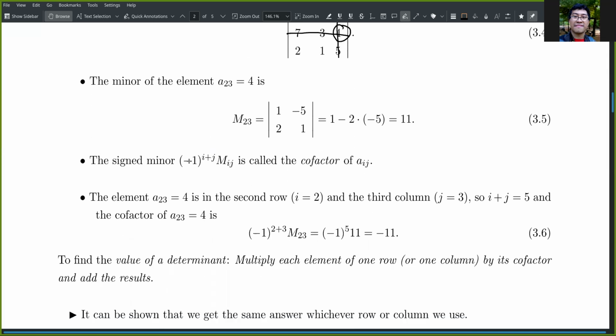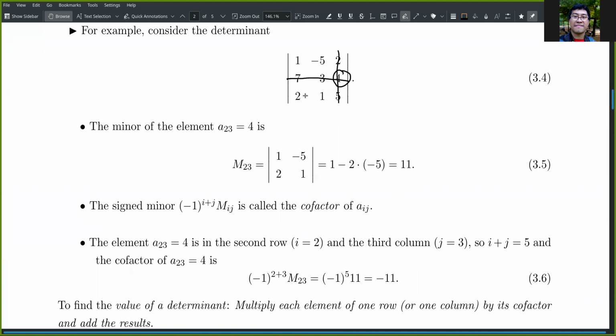The signed minor, so if you include a sign which depends on the position, minus 1 to the power of i plus j, the indices being 2 and 3 here, and times the minor M23, or Mij, that's called the cofactor of aij. For this element a23, the row is i equals 2, column j equals 3, so i plus j is 5. So you have the cofactor, which would be minus 1 to the power of 2 plus 3, which is 5, times M23, which is 11, so minus 1 to the power of 5 times 11,